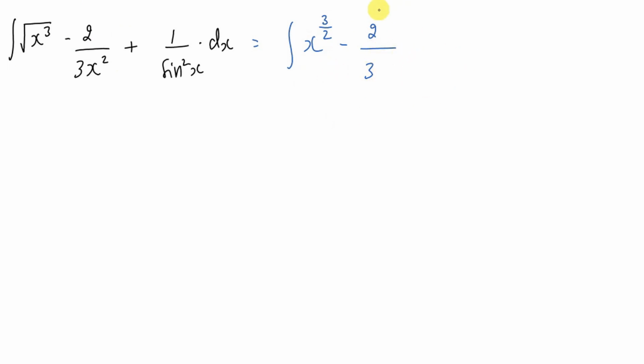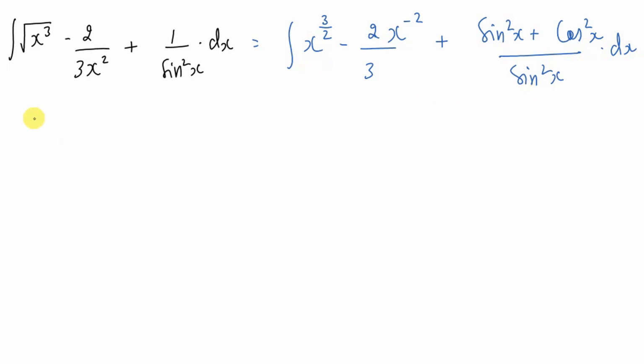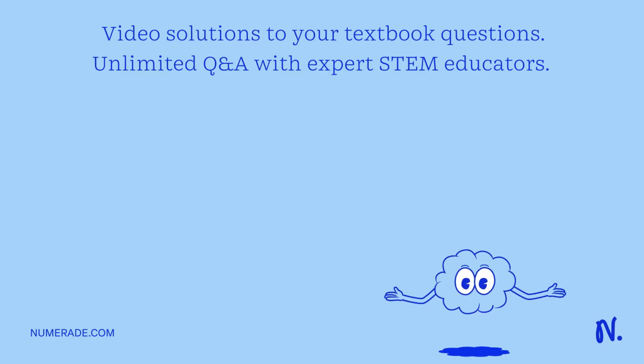We can take x squared in the numerator and this would become x to the power minus 2, plus, now 1 can be written as sine squared x plus cosine squared x, divided by sine squared x dx. Now I'm going to separate it. So integration of x to the power 3 over 2 dx minus